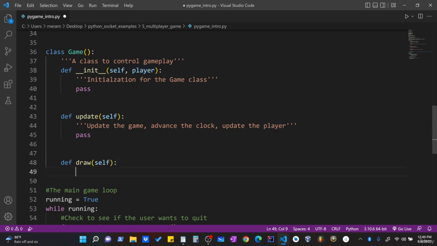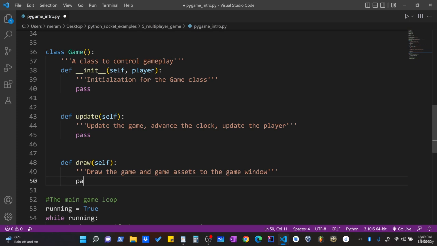So we'll call this draw method. We'll say draw the game and game assets to the game window. And for right now, we will just pass. Okay, wonderful. So now that we have our classes outlined, let's go create some instances of these classes to use